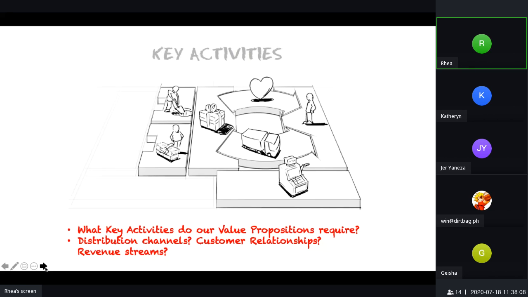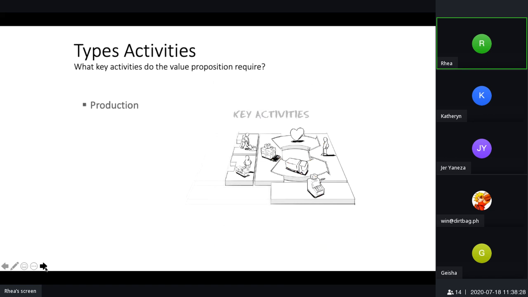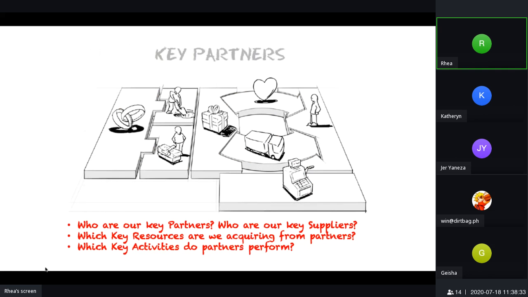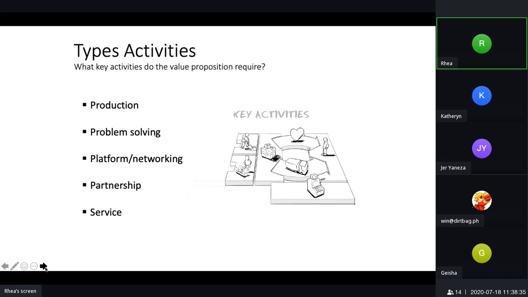Next, once we are done with the resources, we need to identify now the activities. Like what are the activities that would be required for your value proposition? What other key activities are required for your distribution channel, in maintaining relationships, in getting money into the business? So, good examples of key activities that you need to consider would be the following. Production. Like if you are generating this kind of food business,